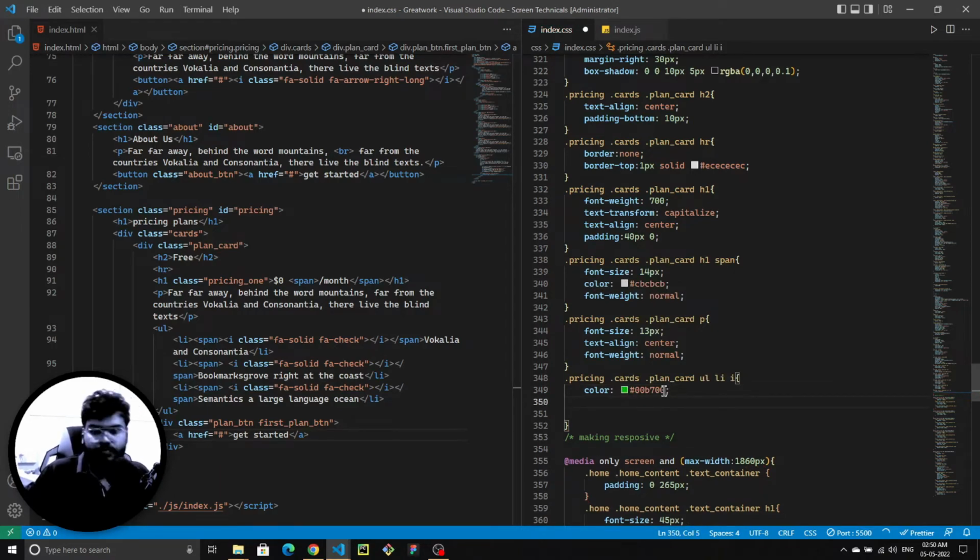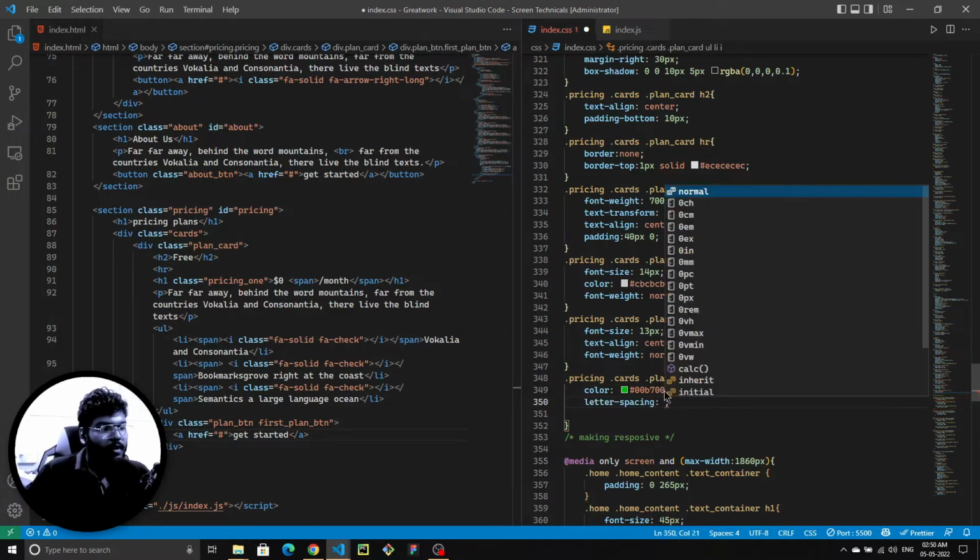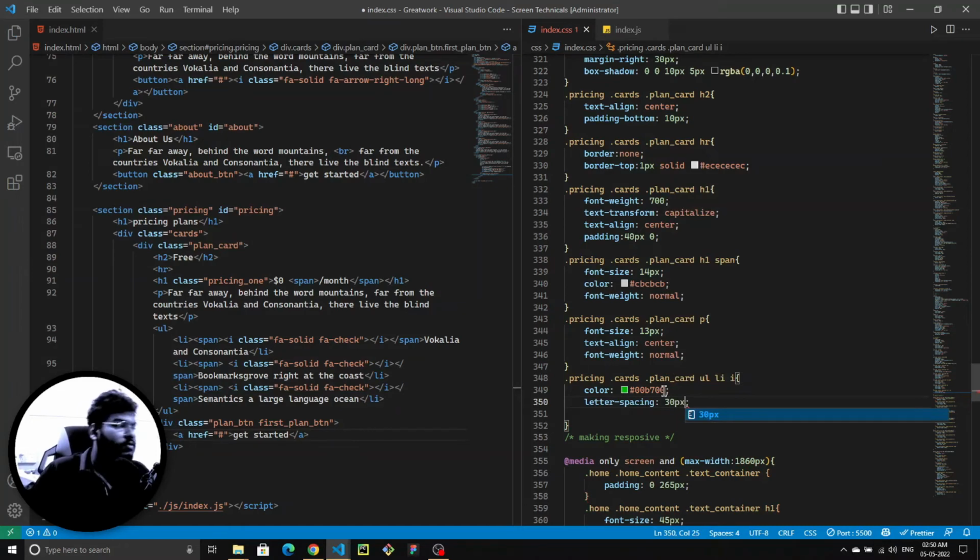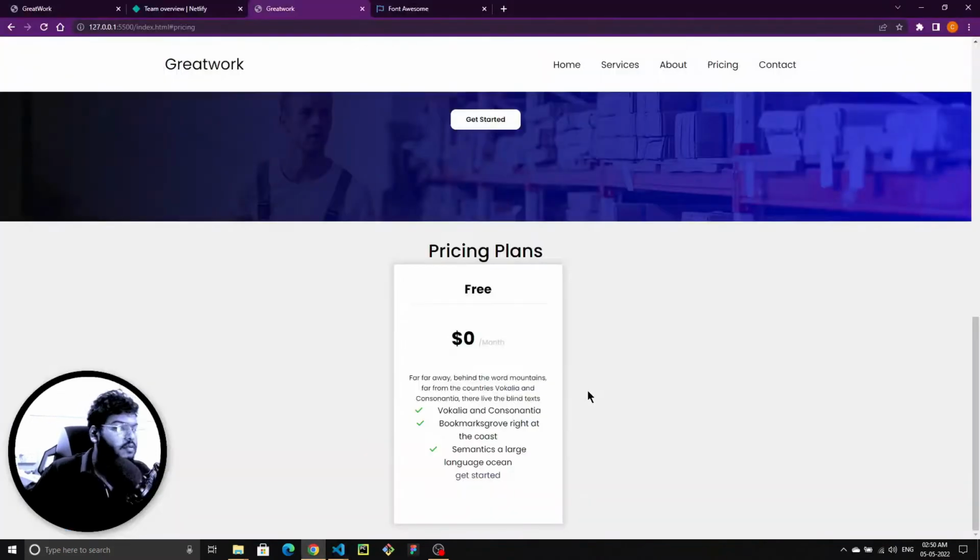I'm going to give it a letter spacing, let's see, letter spacing of 30 pixels. I can see these things,